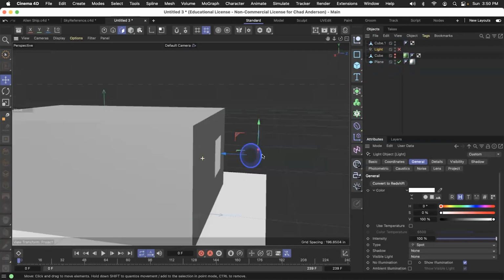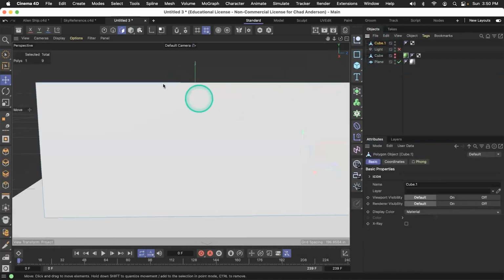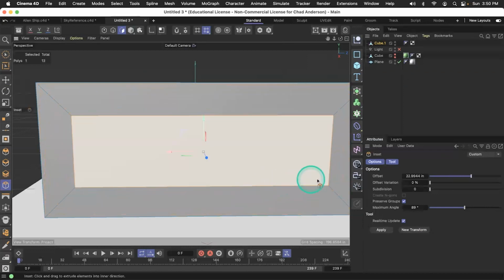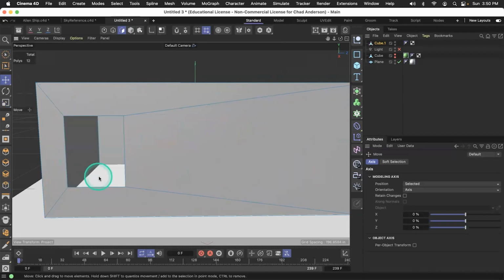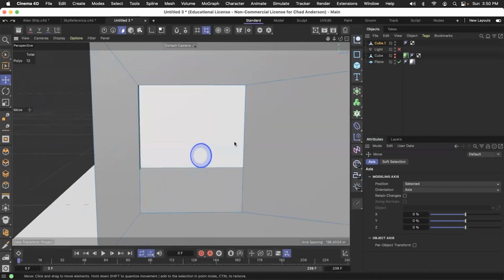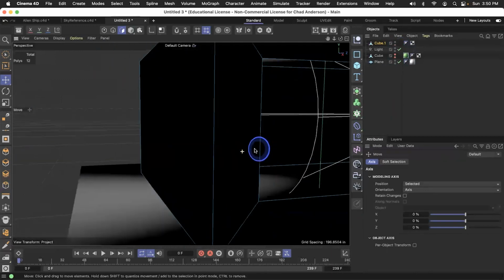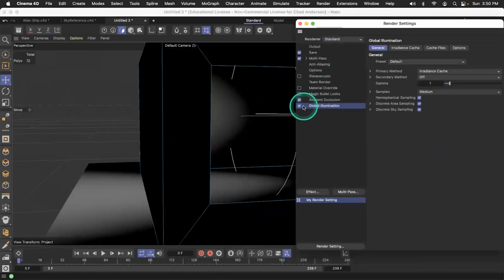If we were to look through here, and let's just say we make another hole here, just as an idea, we're going to grab an edge here, hit the inset key, and make this smaller. Again, the T key, we're going to make this super small like this. Hit the E key and move this over and make another hole right there. I'm going to click on this, hit delete, and make another hole in there. So inside of this hole right here, with this light, we should have a light that shines through like there. And we can look inside and see that the light is only shining there. Again, without global illumination,